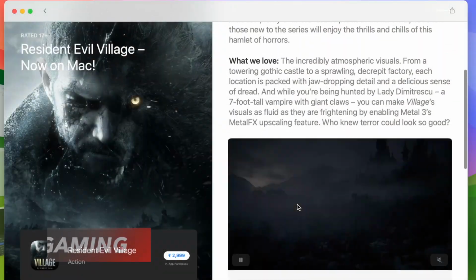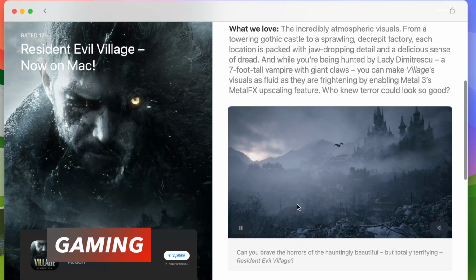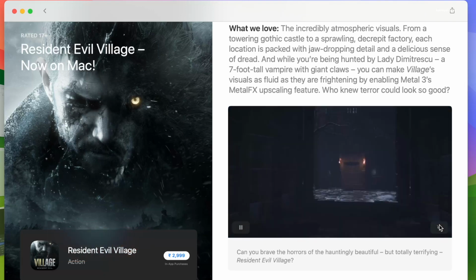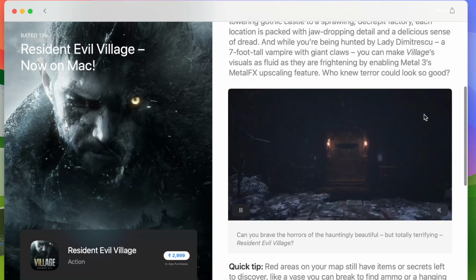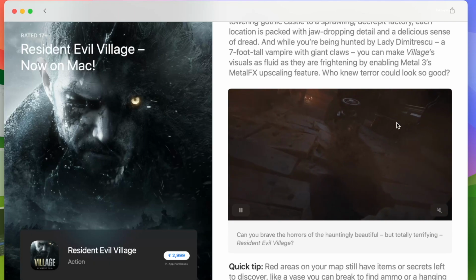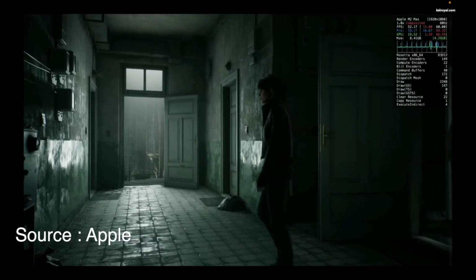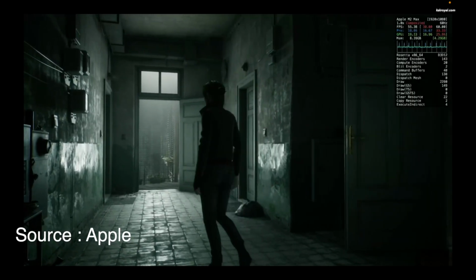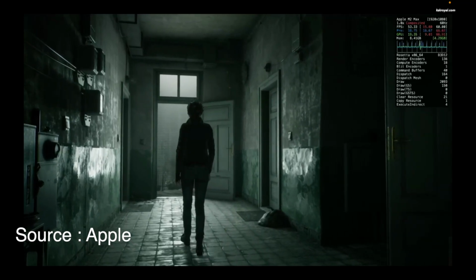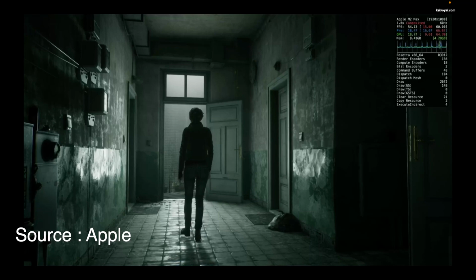When it comes to gaming, Apple is trying very hard to compete with Windows. Thanks to the Apple Silicon, games like Resident Evil 4 run next level on most of the M1 or M2 Macs. With macOS Sonoma, the all-new Game Mode automatically gives games top priority on the CPU and GPU of your Mac by lowering the usage of background tasks. This will significantly improve the gaming experience on your Mac.